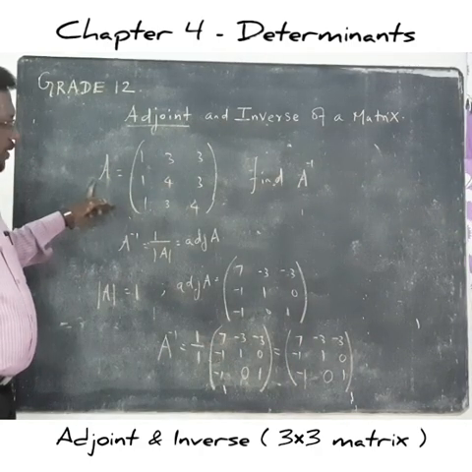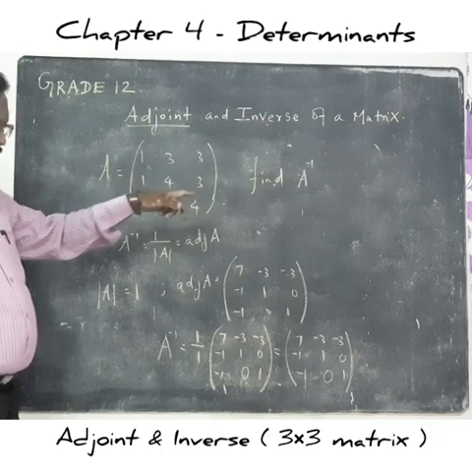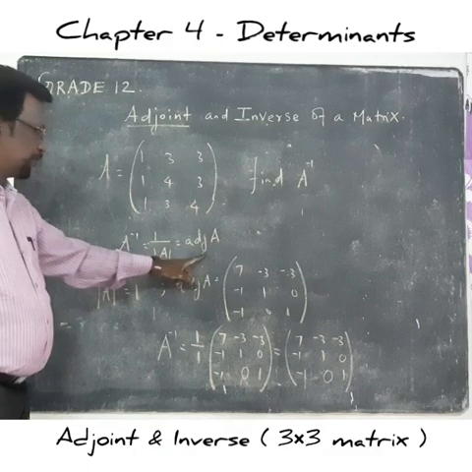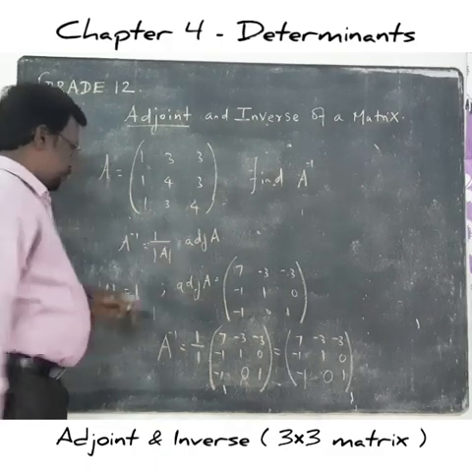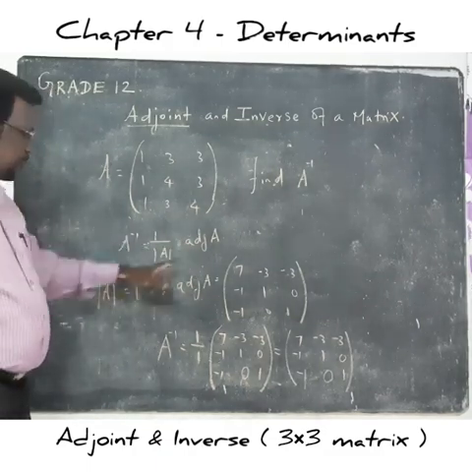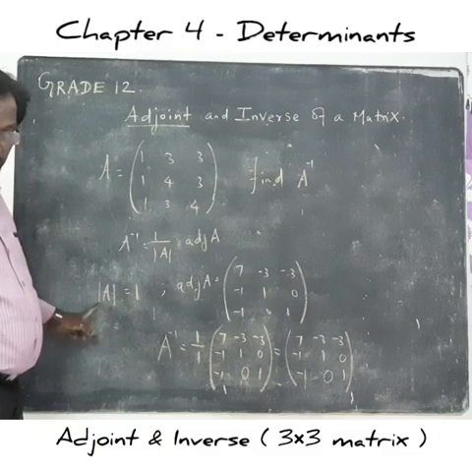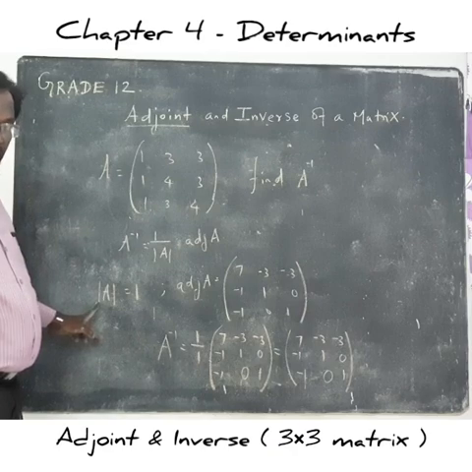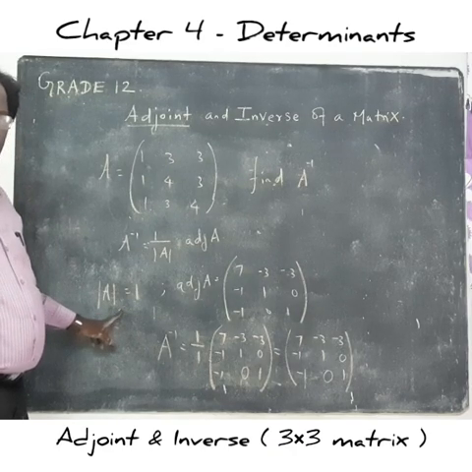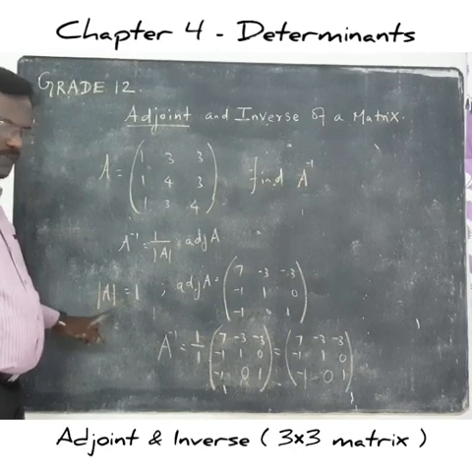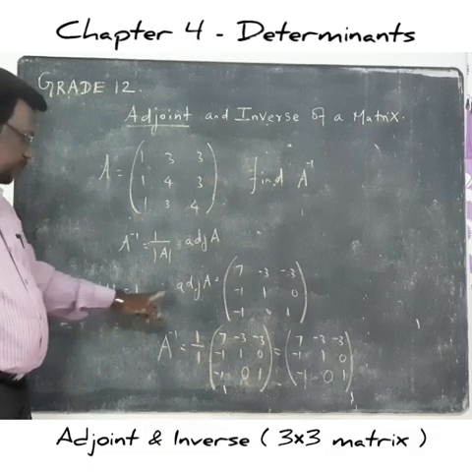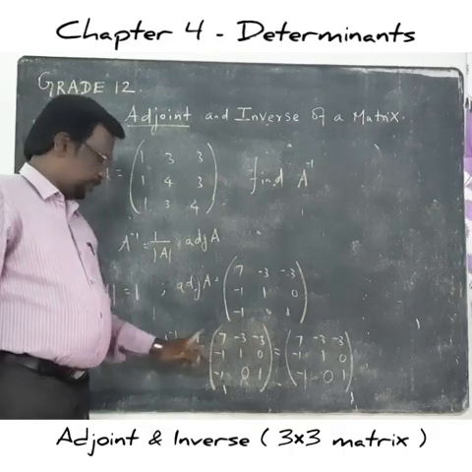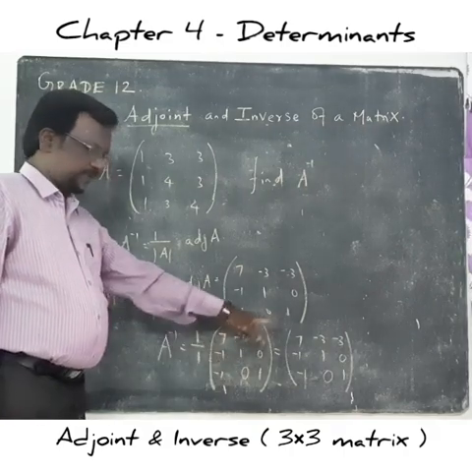Right? Okay. Have you got the idea for finding A inverse? To find A inverse equal to 1 by determinant value of A into adj A, before finding adj A, you should find the determinant value of A. Suppose it is equal to 0, at that time we cannot find A inverse. We don't need to find A inverse, so simply write A inverse does not exist. But here we have got the determinant value of A equal to 1, so we can find the next step also, adjoint A. Therefore A inverse is 1 by determinant value of A into adj A.